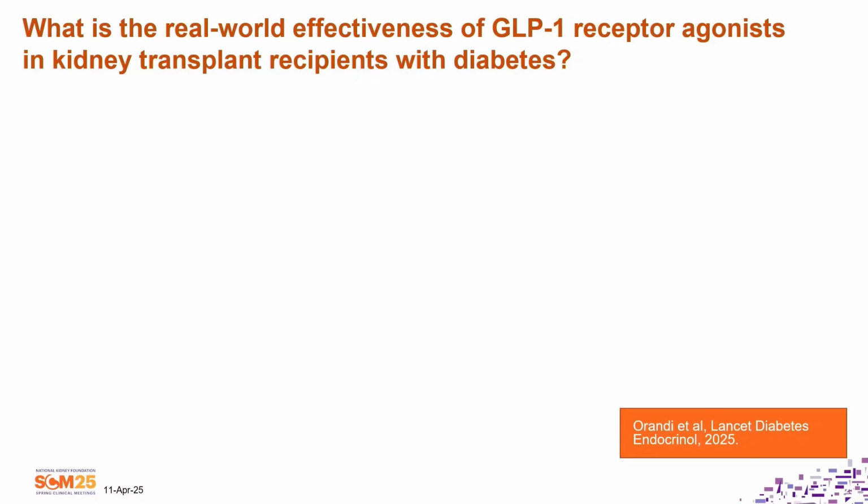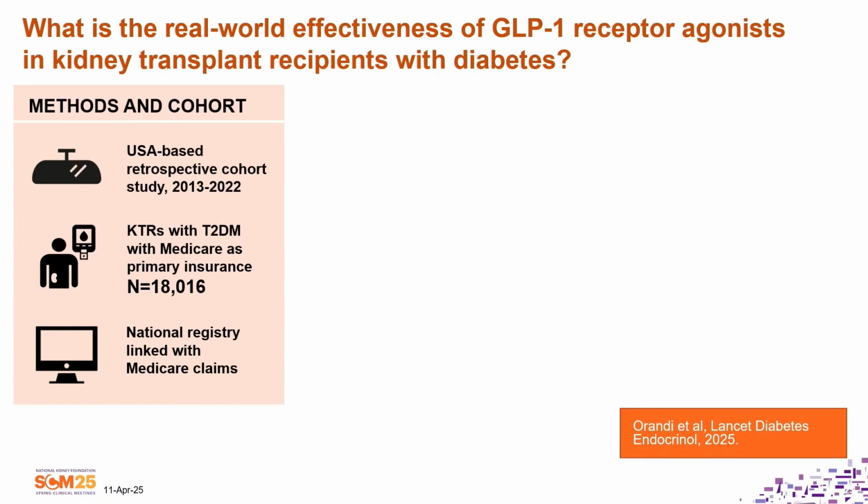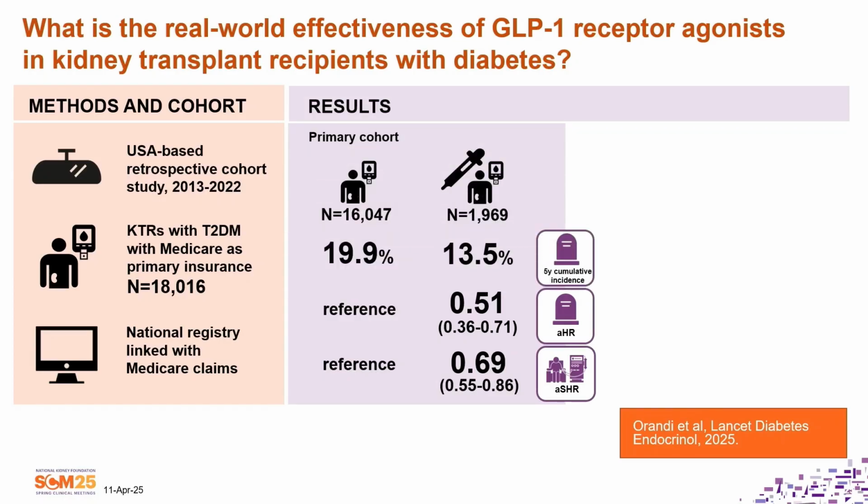This was a study published by Orandi and colleagues. They looked at a USA-based retrospective cohort. They were able to link kidney transplant recipients with type 2 diabetes to Medicare claims, and so they limited the cohort to those with Medicare as primary insurance, a total of over 18,000 patients. And what did they find? In the primary cohort, you see here the reduced